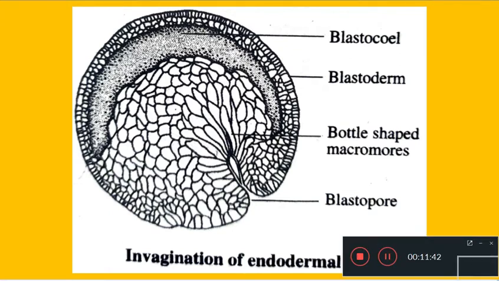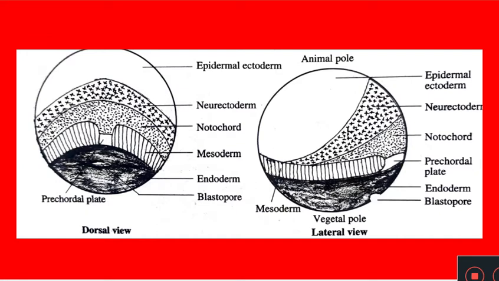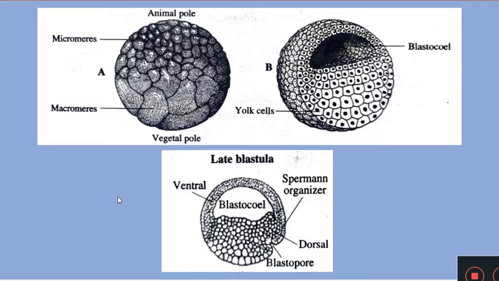So, the first movement is called invagination. Invagination is shown by the endoderm. As you can see, this is the blastula, this is the blastocele. So, we will go to an early blastula which is ready for invagination. This is the blastula, this is the vegetal pole, this is the animal pole, and when you come to the fate map,